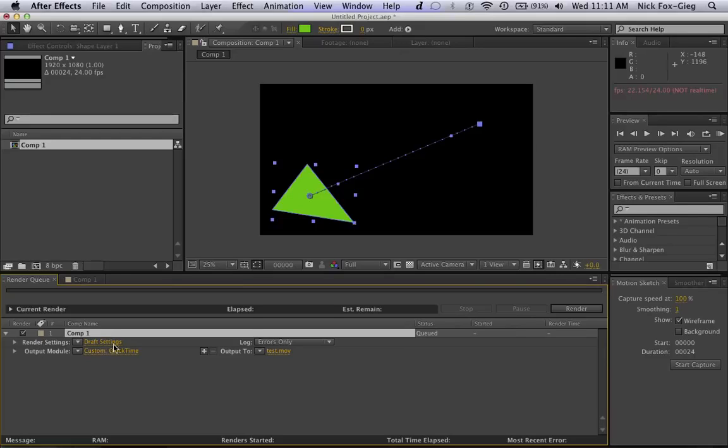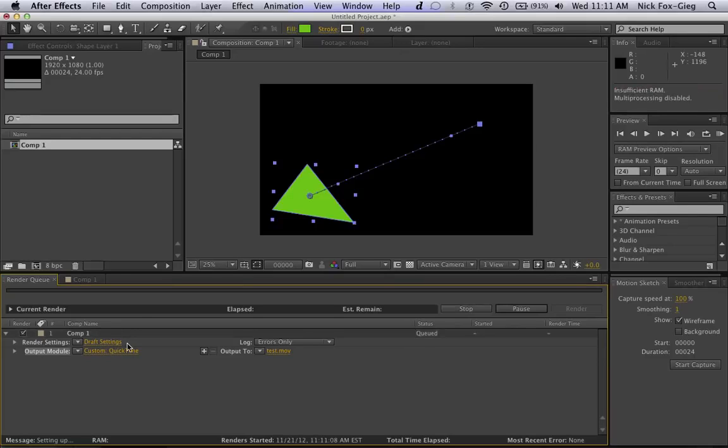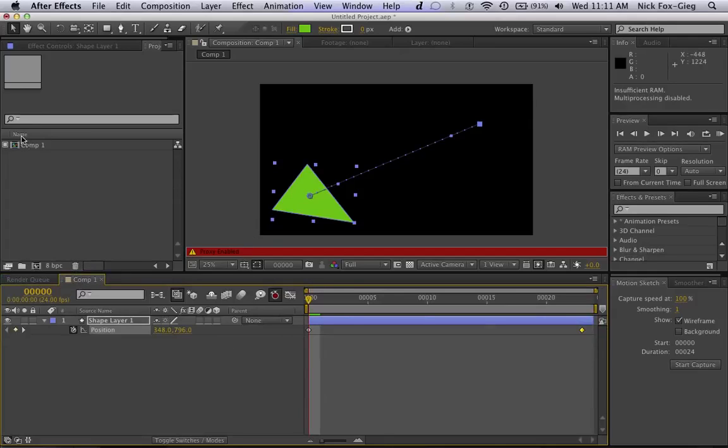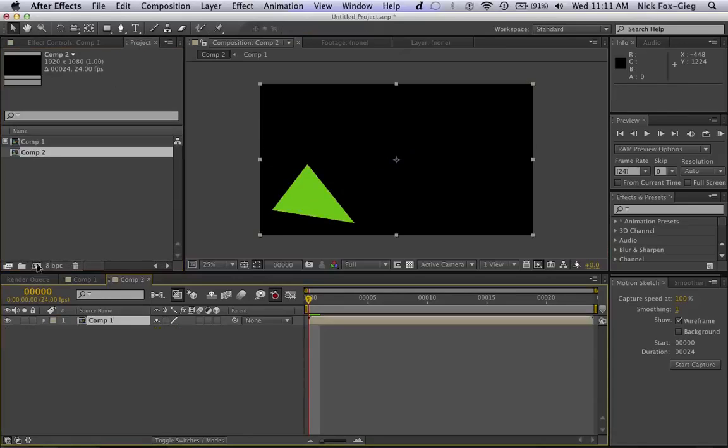And it will set this to draft settings by default. You can customize it. Sorry. And then it automatically sets it. This little white square here means it's been proxied. And you get this red proxy enabled. And then if I use this in a new comp,